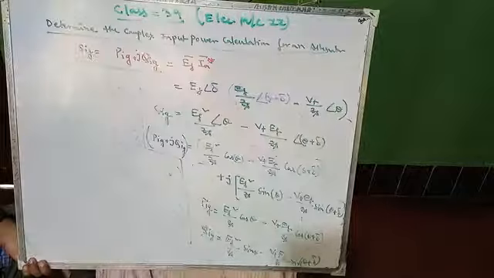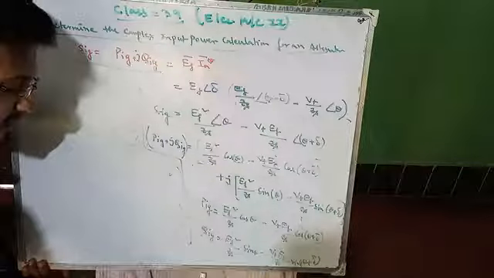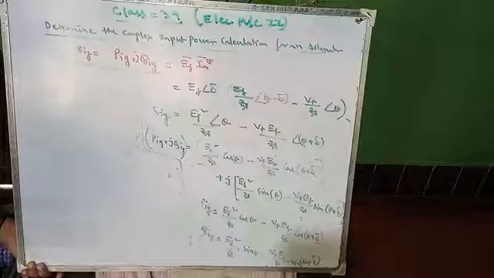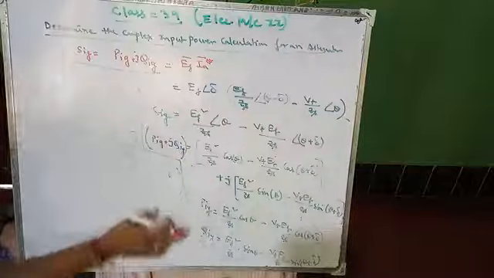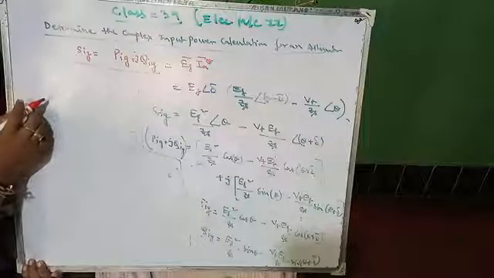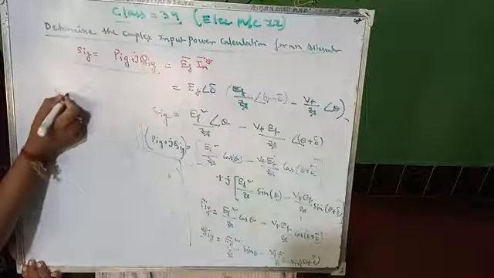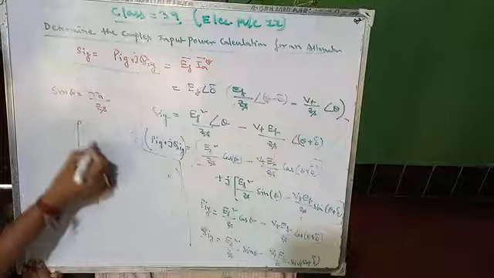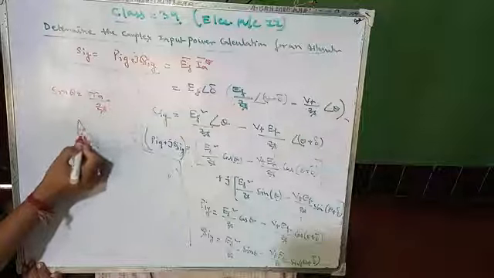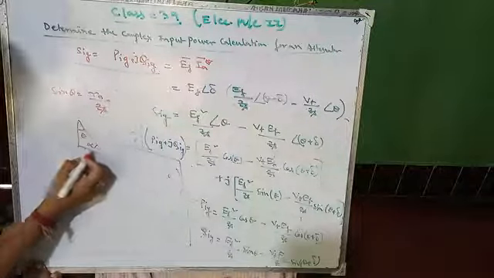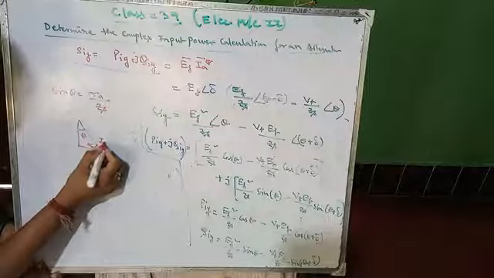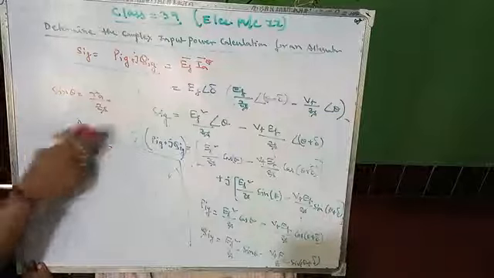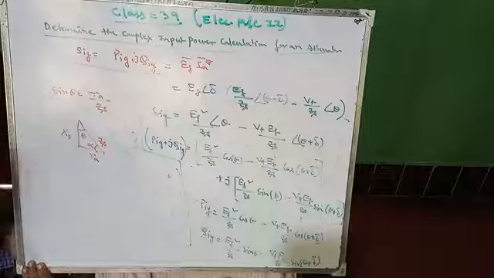Okay, so now if we calculate again and solve it, from the impedance triangle, from the previous concept, we can write sin theta equals to what? Sin theta equals RA by ZS, because this is angle alpha, this is angle theta. With respect to this theta, the perpendicular is RA, this is ZS, and this is XS. So from this impedance triangle we can write sin theta equals RA by ZS.